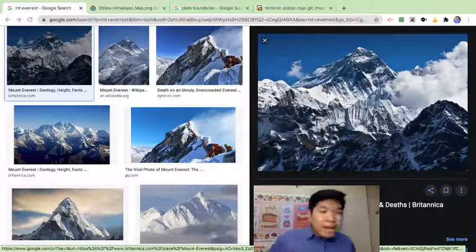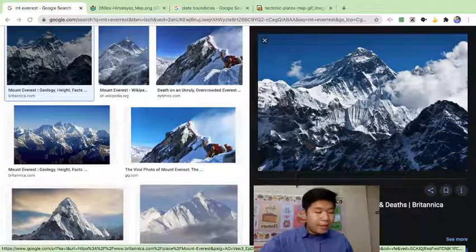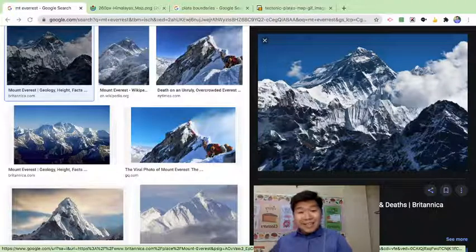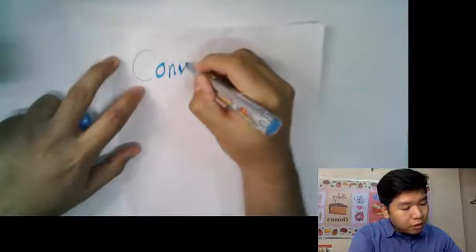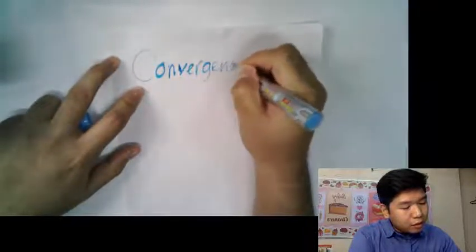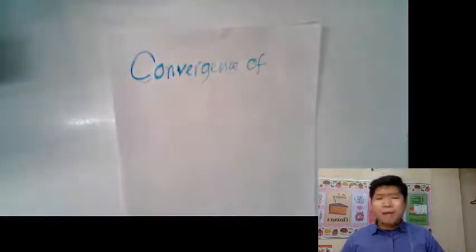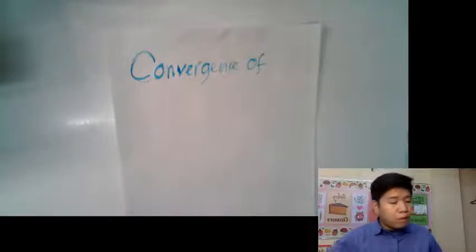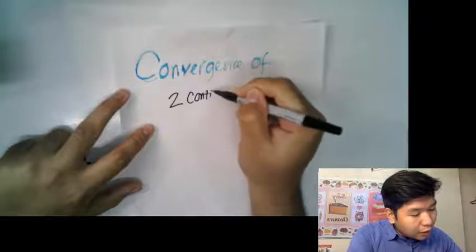Okay, now in this video, we are going to be discussing the last kind of convergent boundary. And that is going to be the convergence of, yes, I know, my handwriting is absolutely wonderful. Convergence of two continental